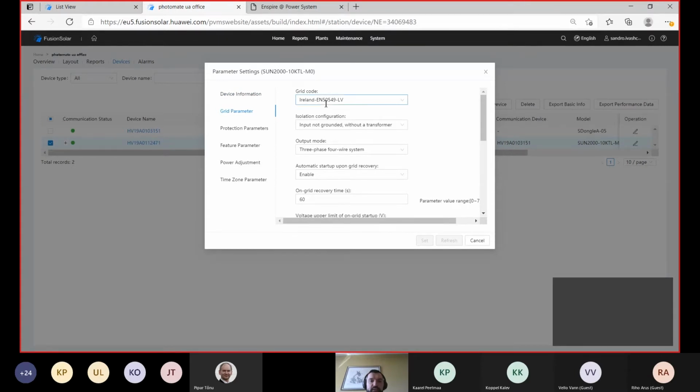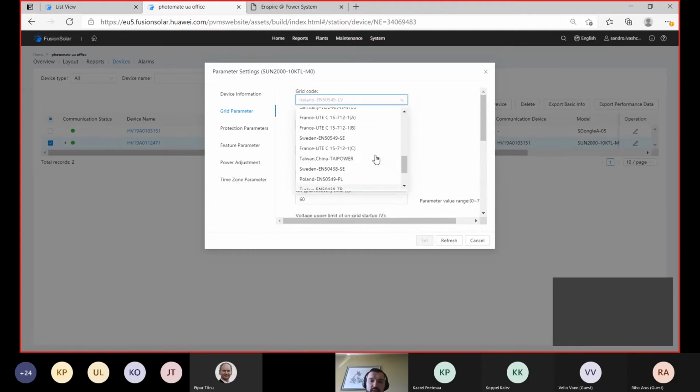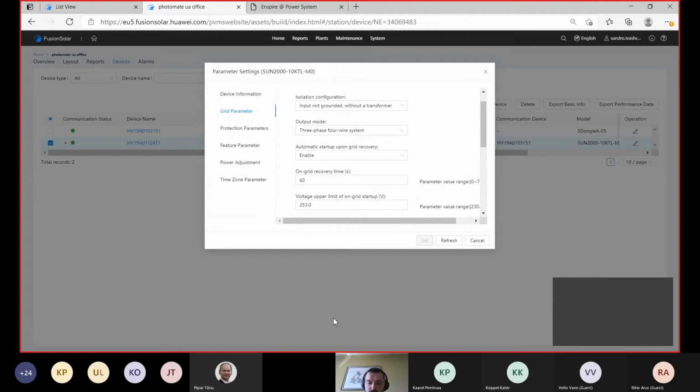And here, the Estonian grid code, as far as I know, is close to the 549 low voltage grid code. So it's not the default value. The default value is usually the German one, 4105. This one is usually the default one, but I already chose the closest to Estonian settings. This one, 549 low voltage. And now we need to open your local grid requirements.